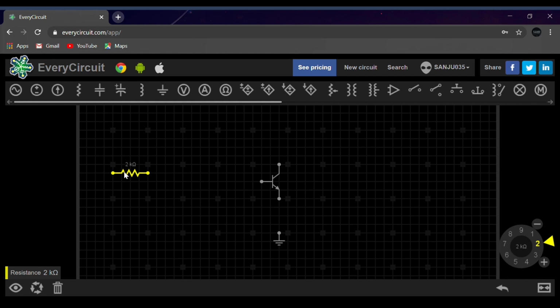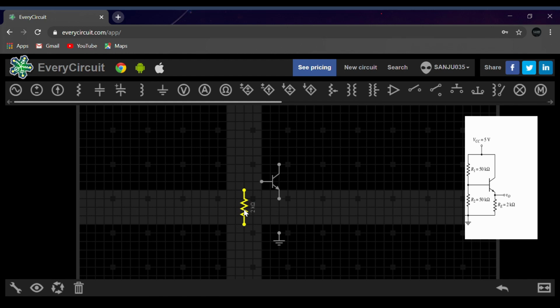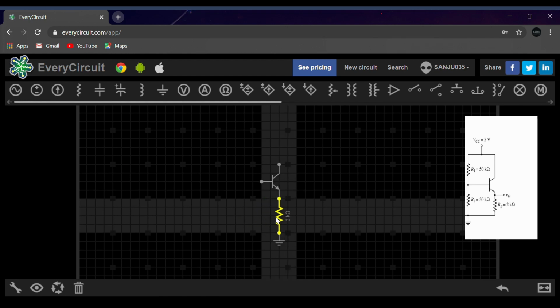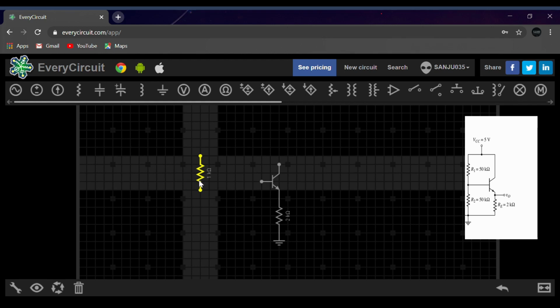And we got it. So how can we rotate this resistor? As you go down here, you will see a rotate option. So you can rotate the resistor, click and drag it and place it here. Next we need the R1 and R2 resistors. I'll go into my resistor tab, click the resistor option, and drag it here.